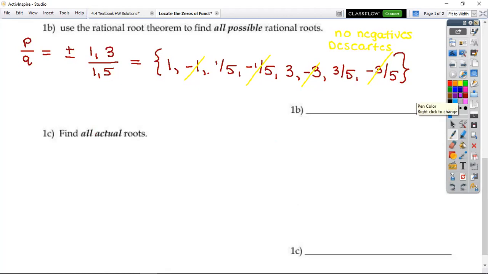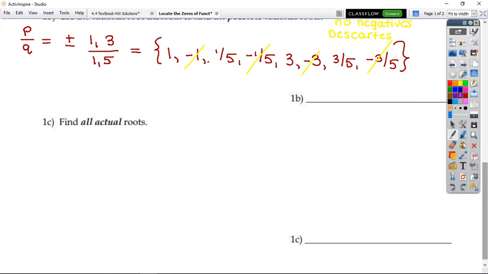Should I make you do some synthetic? You could probably do this pretty quick. So we're going to test 1. You don't even have to finish the problem. If it doesn't work, you're done. So I'm going to use 5, negative 23, and then 17, and then negative 3. All right, fast. So 5, 5, negative 18, negative 18, negative 1. Does it work? Next, we're going to rule out 1/5